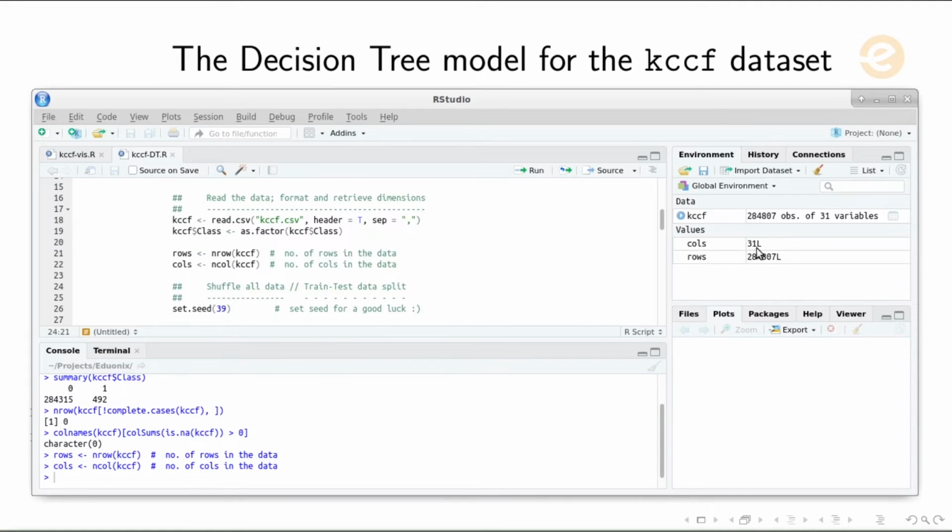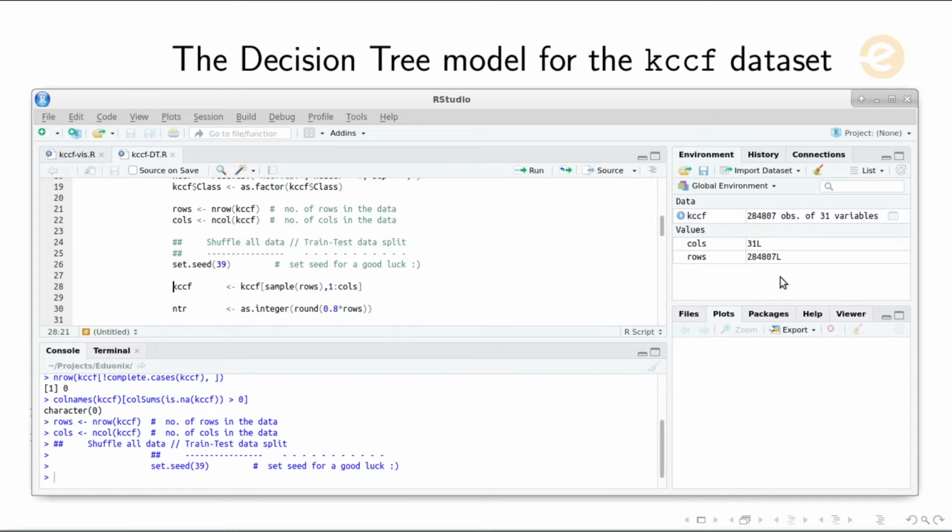So we see that here there are 31 columns and 284,807 observations from the data frame, but we need actually these two variables here. You can set a seed as you like, and once you have done that, we'll shuffle the whole data, and a different seed will mean a different kind of shuffling,